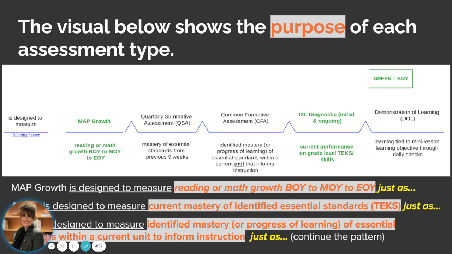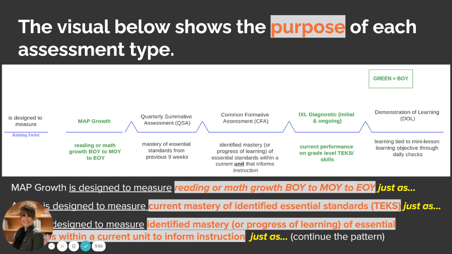So if you see how this works, there are different purposes and at different points in time in the year. So MAP Growth is just 3 times a year. And it's not meant to be done between because it's saying, where are you? Did you grow? Quarterly summative assessments dipstick on the mastery of the TEKS in the unit. And it's letting you know, did they or did they not? Common formative assessments are ongoing in the class. And